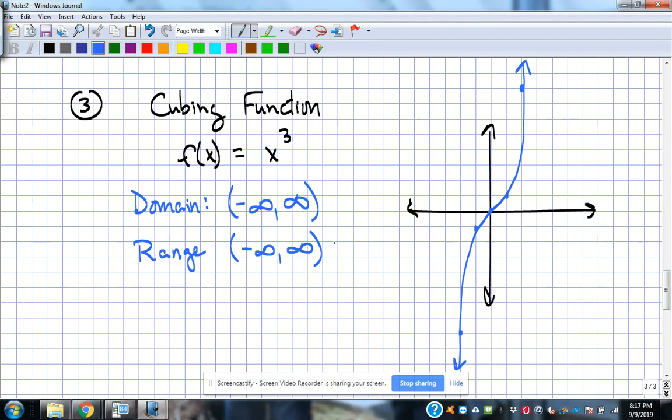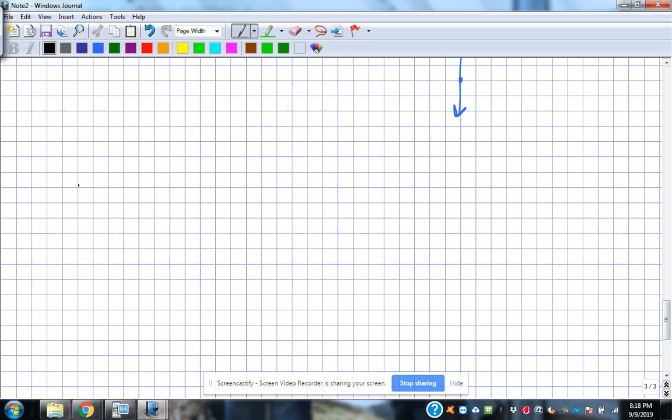The cubing function, x cubed. Got that shape to it. The idea is tie the name to the equation and to the shape. Tie the name to the equation and the shape. That's what you need to be focusing on when you're studying. The fourth one,